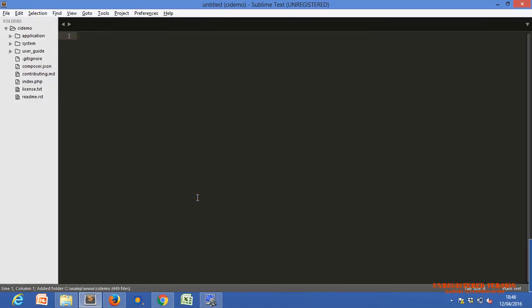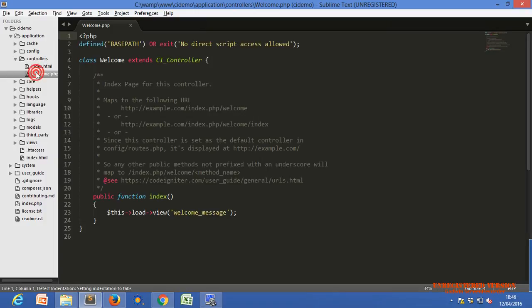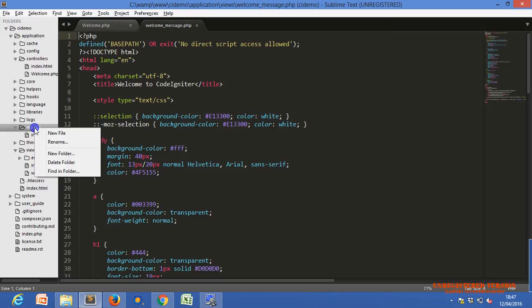This is the application folder. Within the application folder you can find the welcome controller. Then there is a views folder, and within views there is a welcome_message.php file. And there should be a models folder, but we don't have anything within the model.